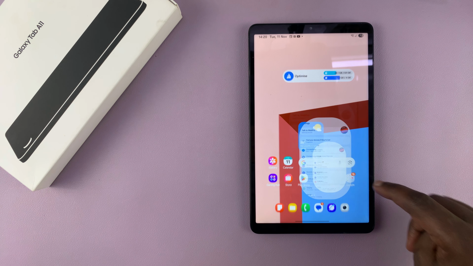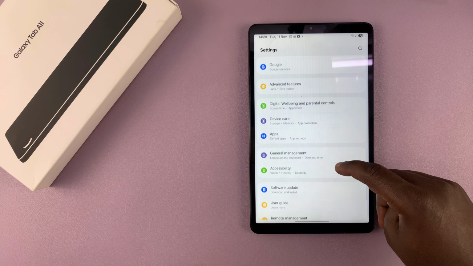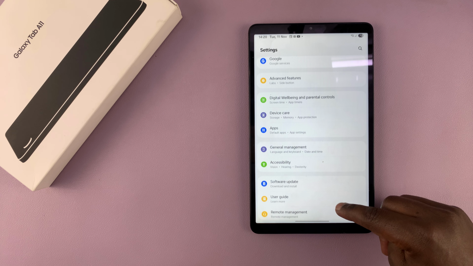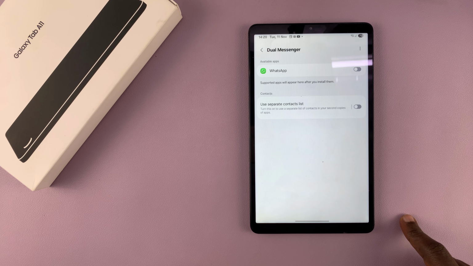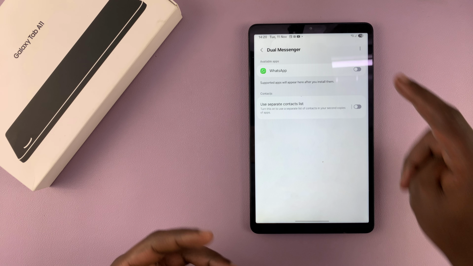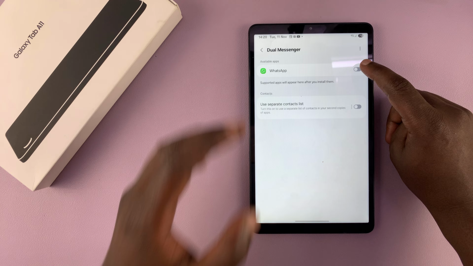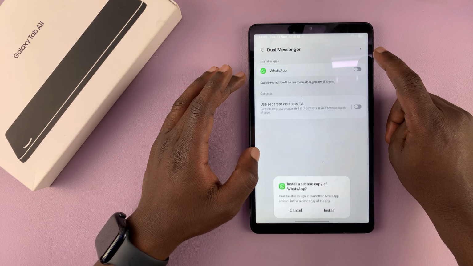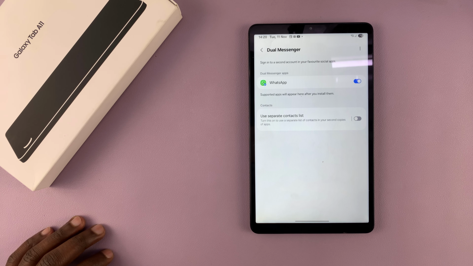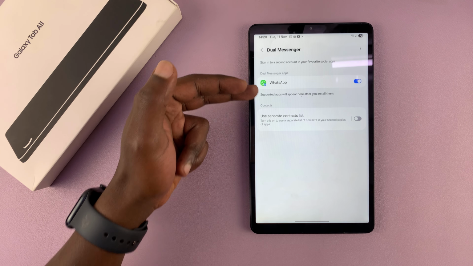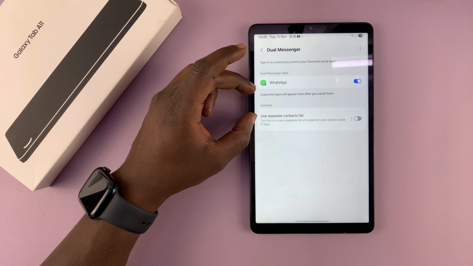So now if I go into settings, and then under settings, go to advanced features here, and then go to dual messenger, I actually have the option to clone some of the apps, and WhatsApp should be one of the apps. So if you have WhatsApp installed, you can turn that on and then confirm, install, and that's going to install and set up another copy of the WhatsApp application. And you can do this for several apps, and all the apps you can do this on are going to